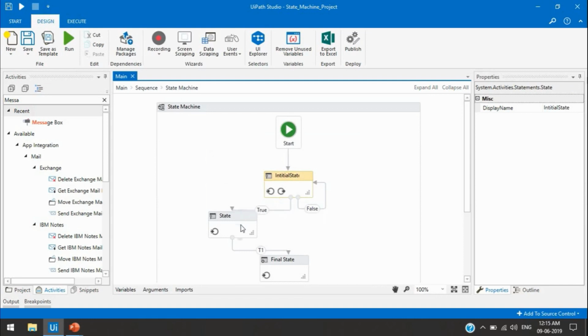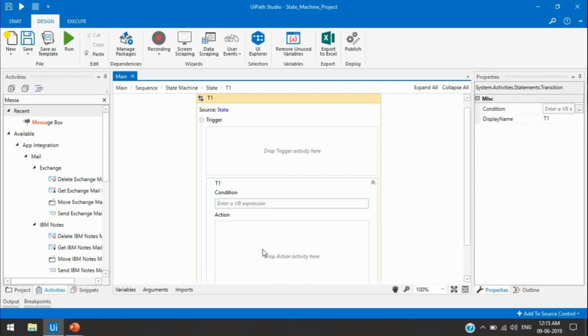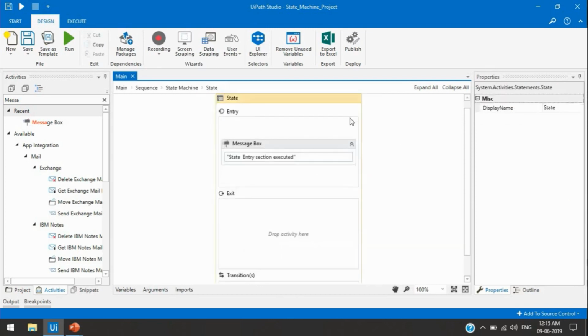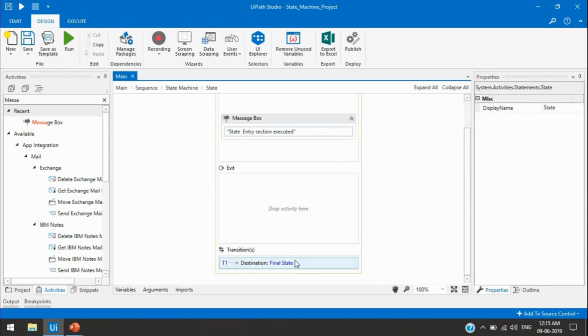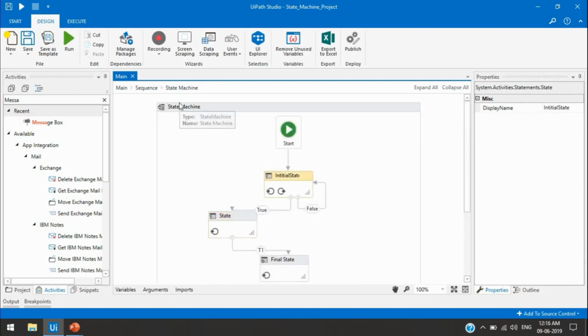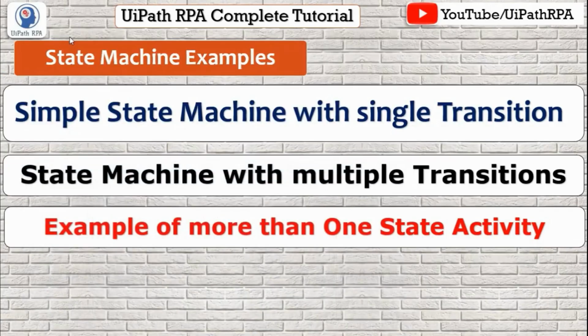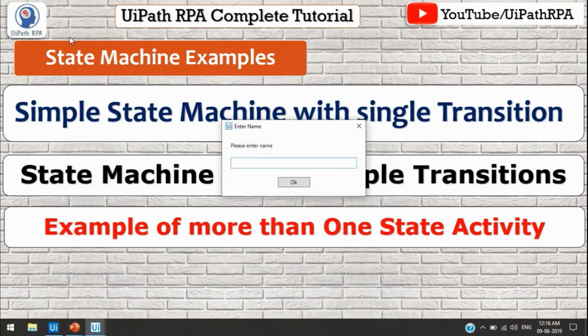If it is true, then it will go to the state, and then it will go to the final state. If it is false, then again it will ask for the name. It means it will show the input dialog box. Here we can connect, or we cannot connect also. If we do not connect, then also the destination is showing here, final state. So no issue, we can just run this, and this time I am going to pass here the name Manish Pandey,